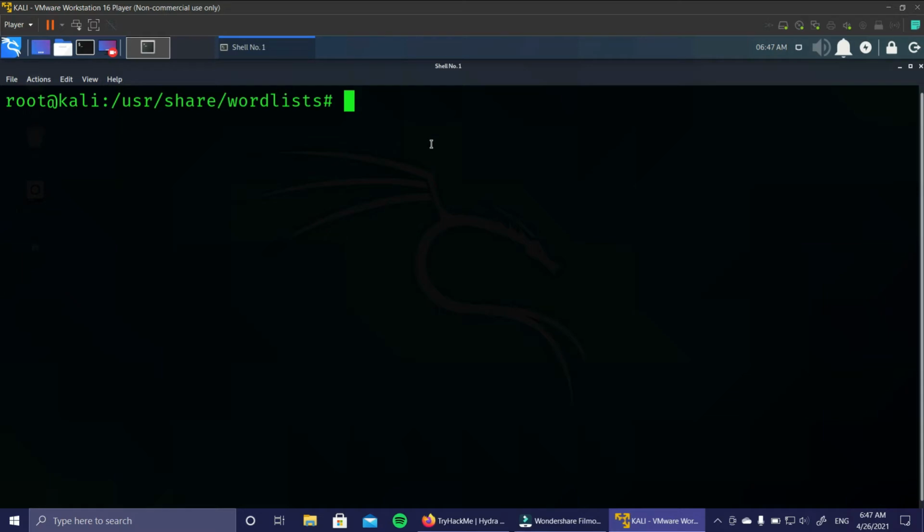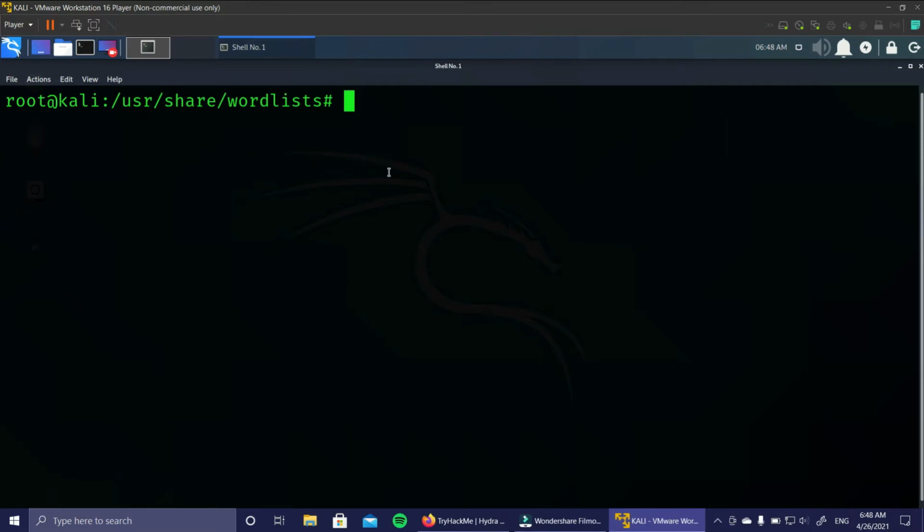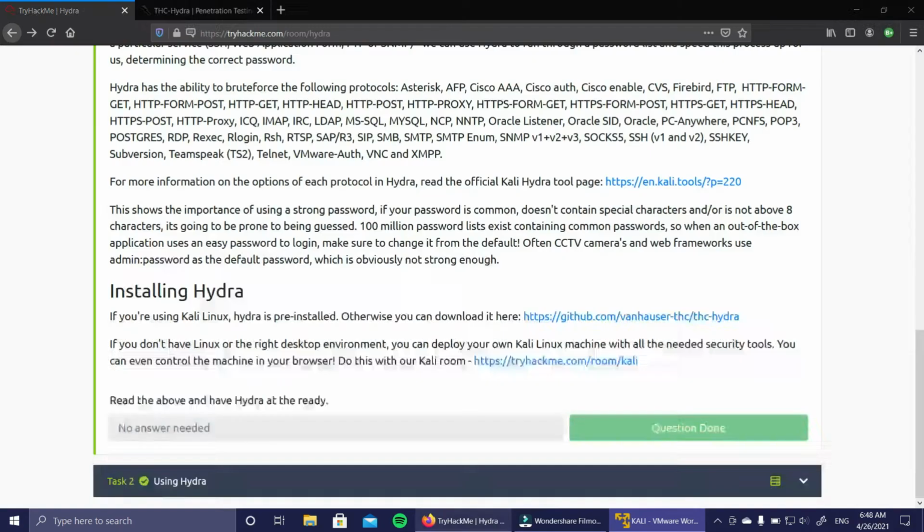So in this video we are going to use this particular word list. You can create your own word list, but it depends on how you want to use it. This is our word list path, /usr/share/wordlists. In your Kali Linux box also, rockyou.txt will be pre-installed, so no need to worry here. I went back to my root directory, and let's start hacking with Hydra.